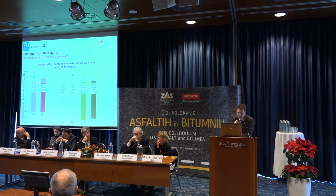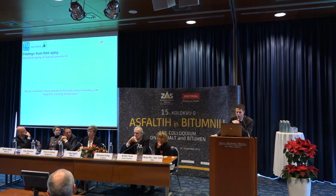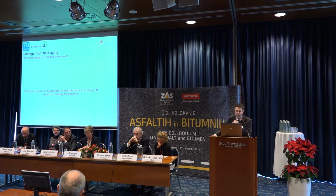If we concentrate on the crack temperature, it's quite interesting to see that even after 24 years, there is not a big change in the cracking temperature. I mean, we start at minus 32 to 33 degrees, if we look at the polymer modified binders, the green bars. But after 25 years in service, we still have minus 31 degrees cracking temperature. So what we see is, when we just look at thermally induced loading, so loading from weather, from temperature, there's quite a steady resistance. So the resistance to purely thermal loading in winter stays the same throughout the service life